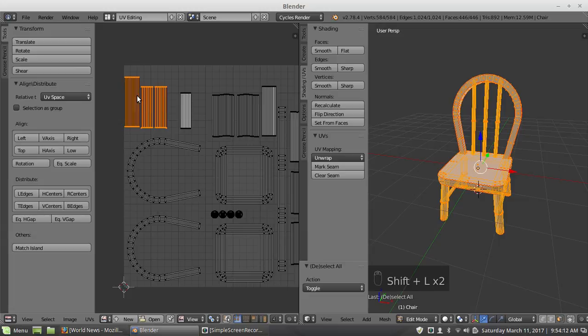See how that works. And UV Align Distribute I like because I can just do this. It's a good plugin to have turned on.